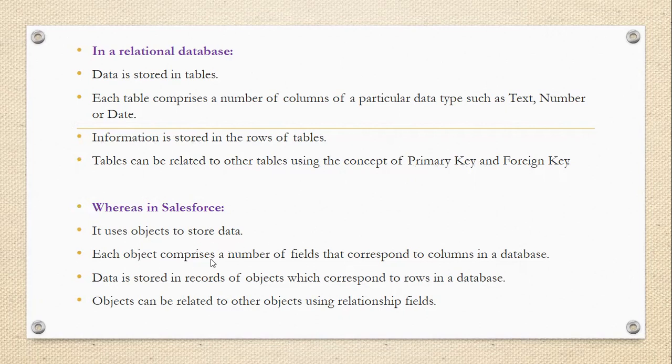Each object comprises a number of fields that correspond to the columns in the database. Data is stored in the records of the object, which correspond to rows in the database. Objects can be related to other objects using relationship fields. Next,